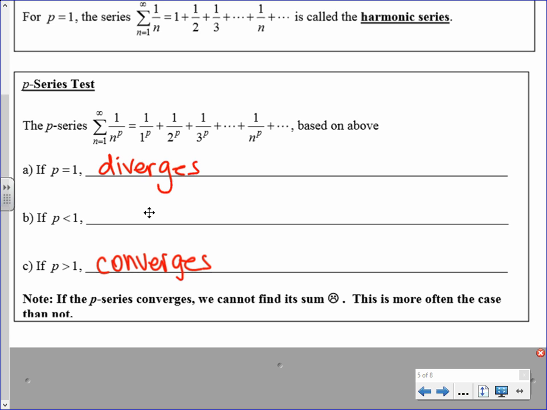P is less than 1. Diverge. Well, if you had like 1 over x to the 1/2, that antiderivative would become x to the 1/2 times 2. That's going to diverge. Okay? You could do that with any fractional power under 1 in the denominator. So now, if you were to get a series,